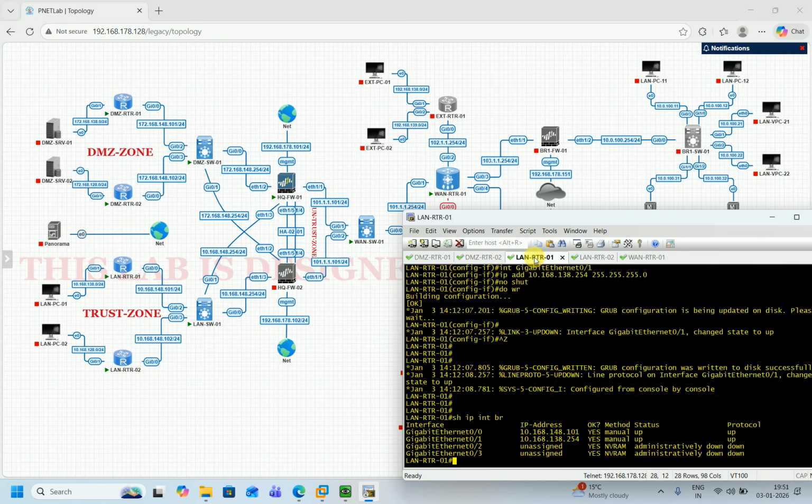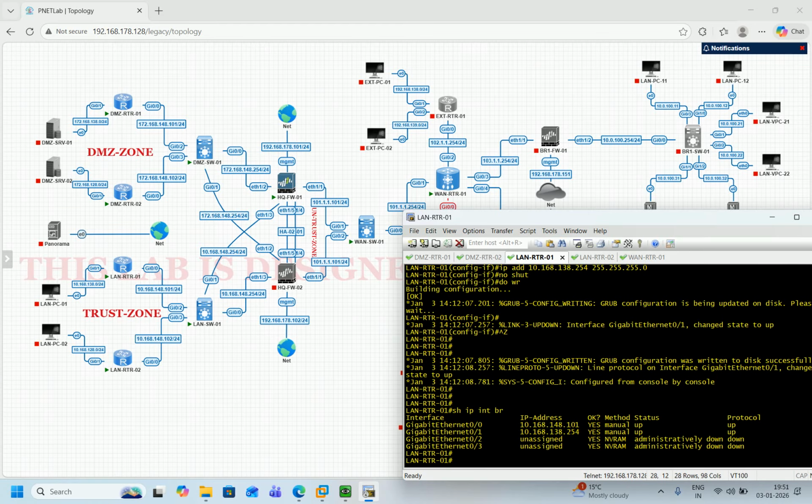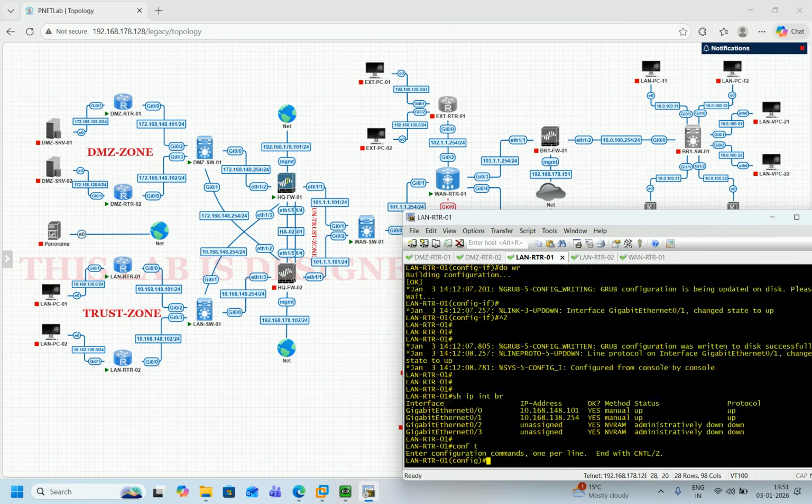Okay, but now I'm just going to enable the OSPF here in trust zone. Conf T, router OSPF 100. Before enabling the OSPF I need